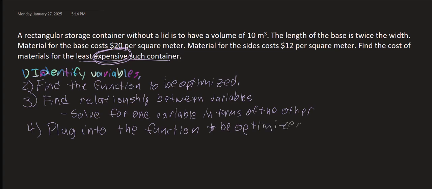Now you should have a function. If you only had two variables, you'll now have a function in one variable, and you are ready to find the critical points of that. And you do that by taking the first derivative. So you take the derivative, and you set it equal to 0, and that will identify possible points where the function has a max or a min. So you take the derivative, you set it equal to 0,